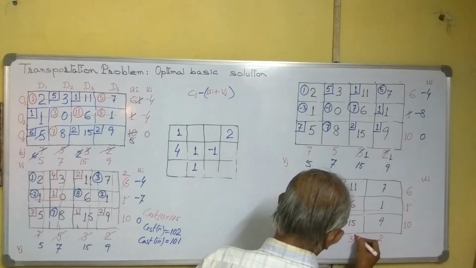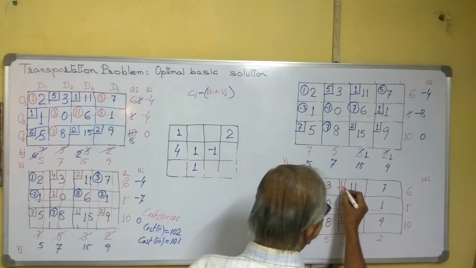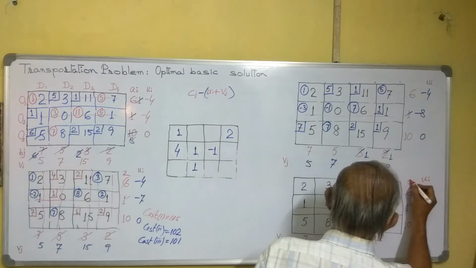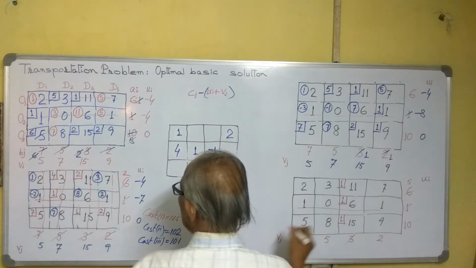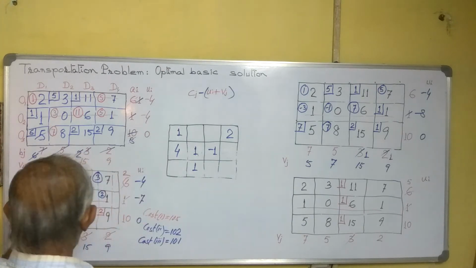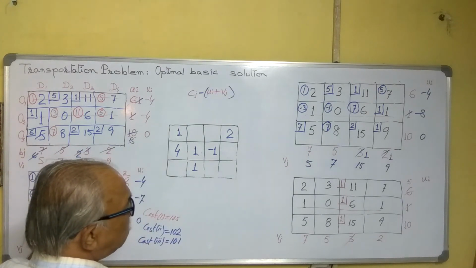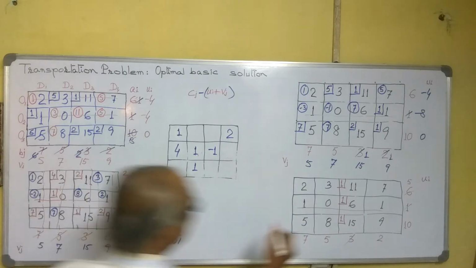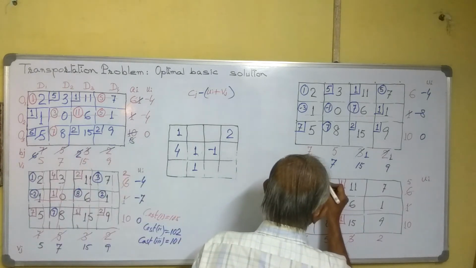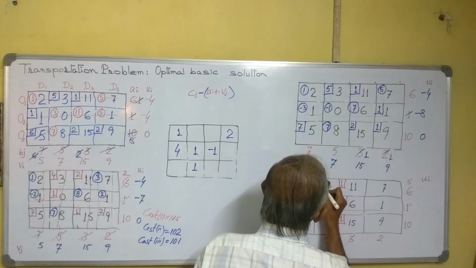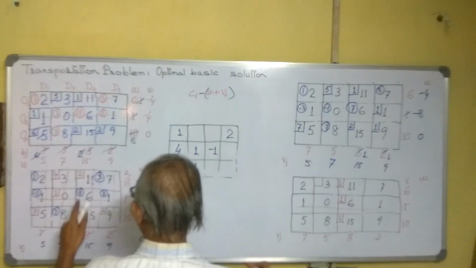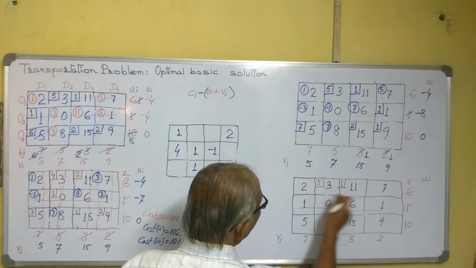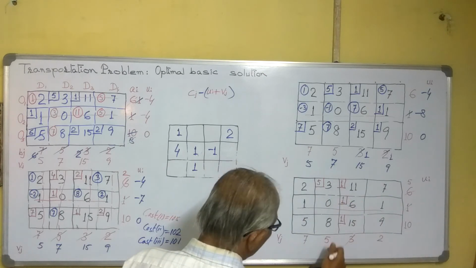1, 1, 3. This is also finished. Here you have allotted 1. So still 5 is required. And what was the allotment? 4 and 2 was there. So here we can allot. If we are allotting 5 here, then 5 and 1, 6. 5, it is matching.